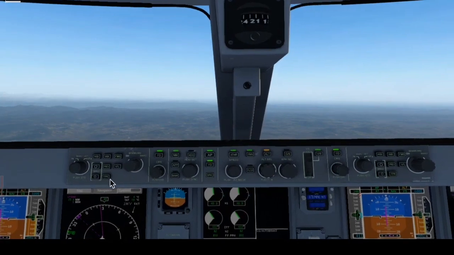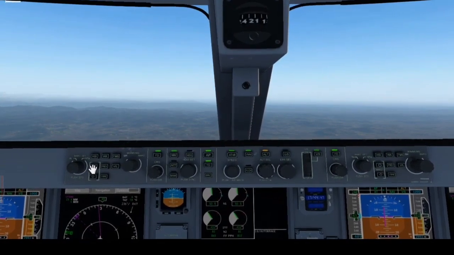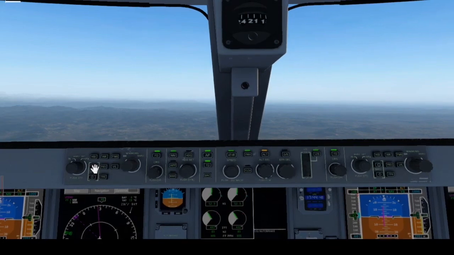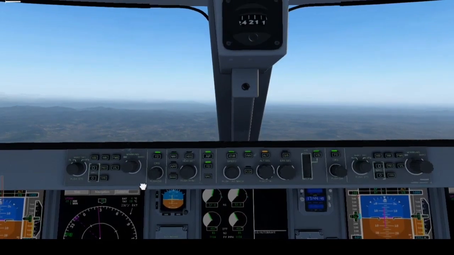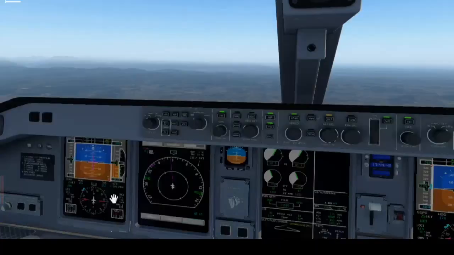So now to capture the localizer, you come over here, you click this guy right here. So now if I turn this way,